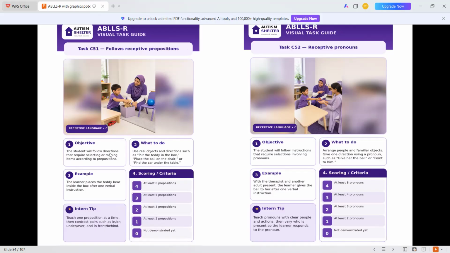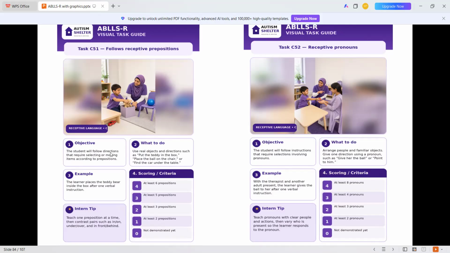The student will follow directions. It means the child is going to perform something. He or she is going to follow your directions as you say, put in the box, put out of the box, take it out of the box, put it on the table, put it under the table. These are the things the child is going to follow as your commands. But first of all, you have to teach the kid what in means and what out means. You can do it with real life objects, and also through the flashcards. The child does take time with it, but it's okay. He or she will learn it.